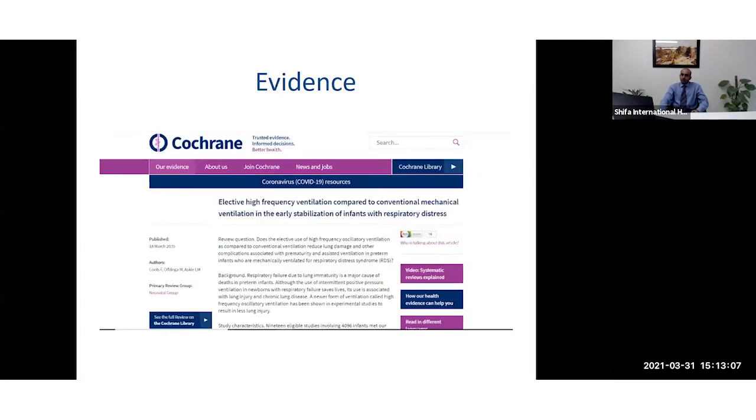This is the meta-analysis which was published in 2015, and over 4,000 neonates were enrolled in this meta-analysis. And again, this failed to show any significant benefit of high-frequency ventilation over conventional ventilation. I think one of the reasons we still have no evidence to support that high-frequency ventilation is better than conventional,